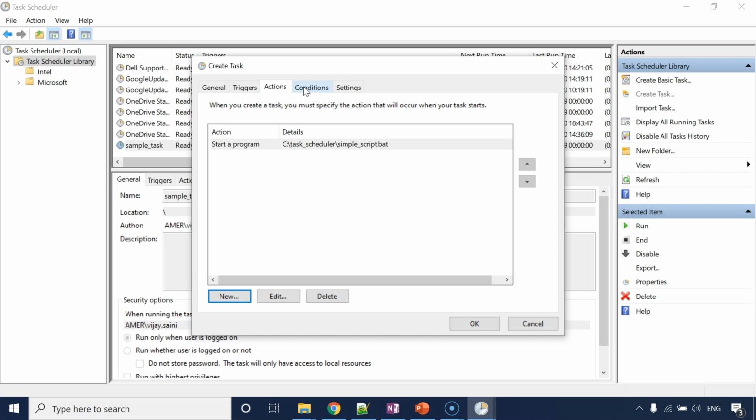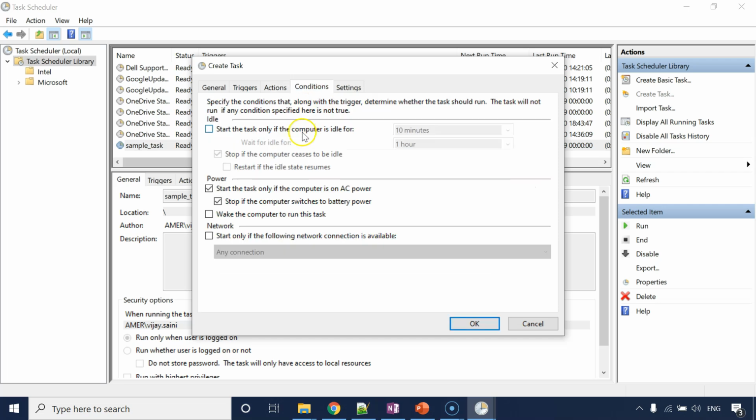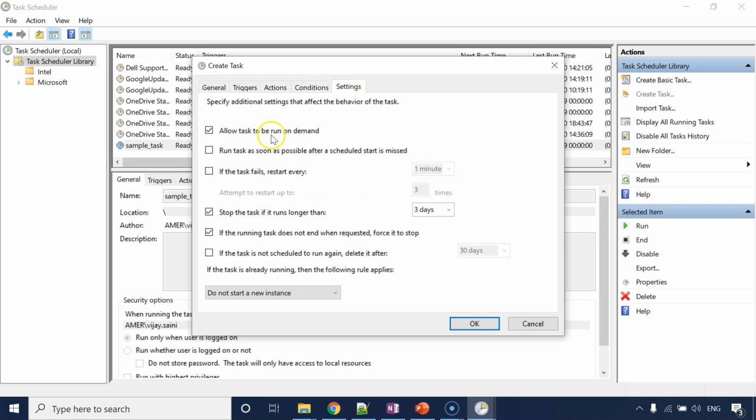Let's see what advanced options we have over here. So if your system is idle for specified number of minutes, you can choose this setting and your task will automatically get triggered. And there are some other options which you can read and understand. Let's see what we have in the settings. Allow task to be run on demand.